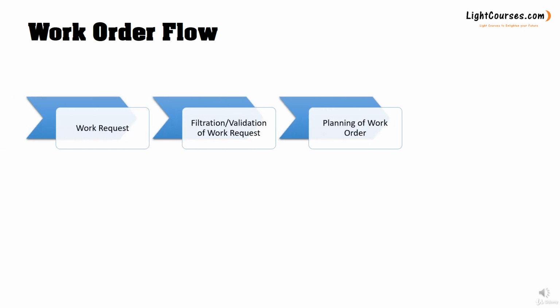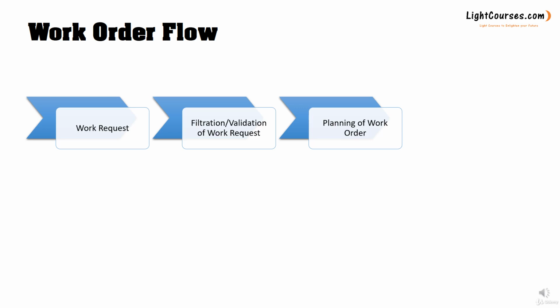Then once the request is filtered or validated, it means that this job was not requested or issued before as a work request by any other team member in the plant. The planner, in this step, is supposed to receive this work request and start planning for the work request to become a work order. As we will see in further detail, the planner will start to investigate the main issue or the problem,